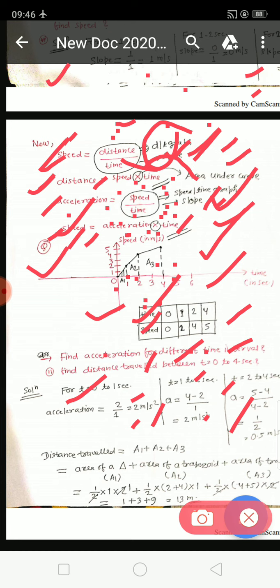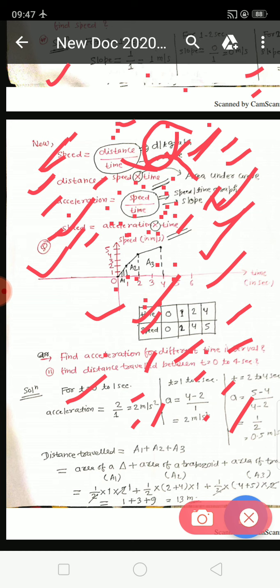So how will you find the area of any figure? It is mathematical. I will tell you some examples from mathematics. How do you find the area of a triangle? It is simply 1/2 into base into height. How do you calculate the area of a parallelogram? A parallelogram is a figure which has two equal and parallel sides. Its area is 1/2 into the sum of parallel sides into the distance between them.